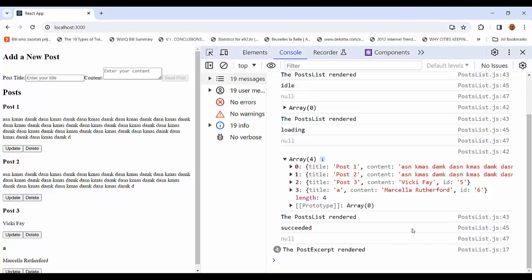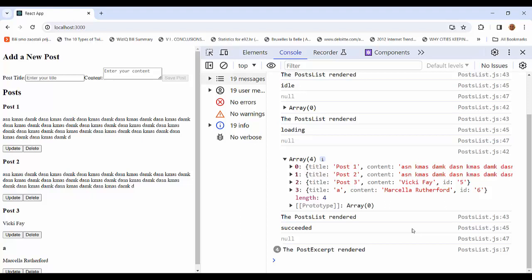But if we want post list to show posts, we must render them. But a post cannot be rendered without a post, and the post goes to the parent post list, and only the parent can send to the child. From parent to child, it is data flow down,